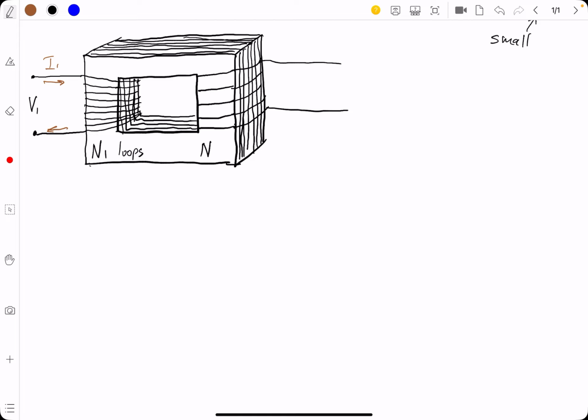Over on this side, we have N2 loops. And here we have a current I2. And here we have the voltage difference from there to there. That is V2. Okay. So far, so good. Now, I'm calling it N1 and N2 for a reason, because depending on our situation,